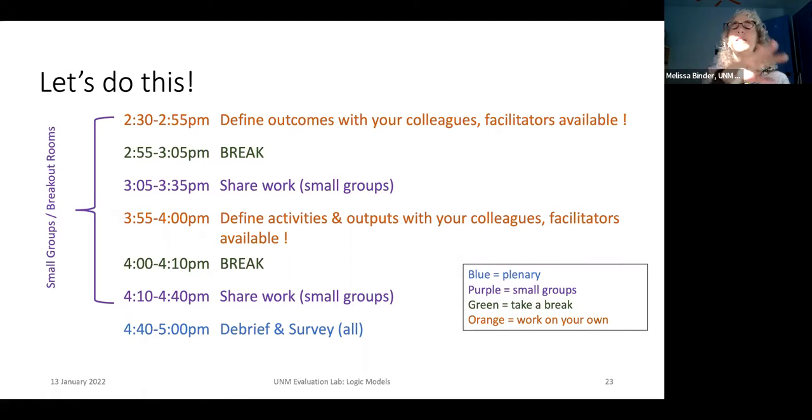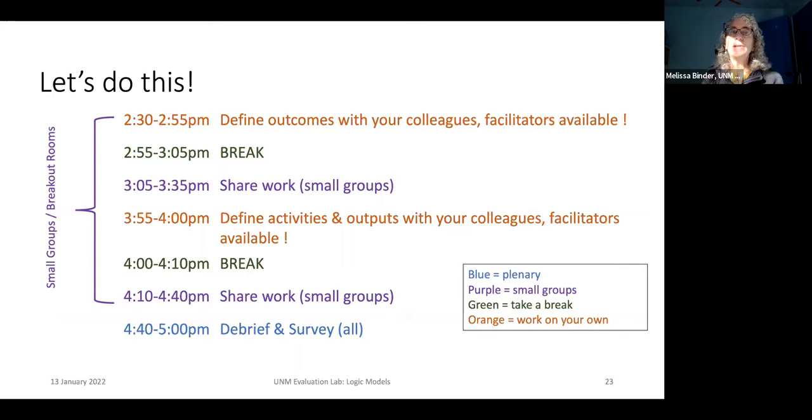But let me do that. Let me take some questions. No, let me tell you what you're going to do, and then we'll ask questions. So in a few minutes, we're going to put you into breakout rooms again. And then from those breakout rooms, we're looking for you to, if you're with your colleagues in person, leave the breakout room and work on the logic model, or you can use your own mode of working together online.